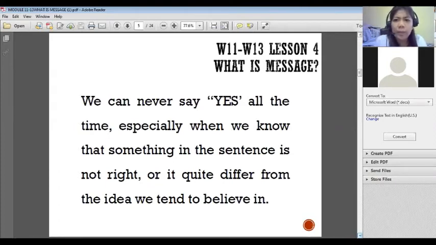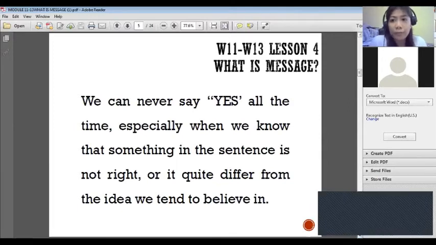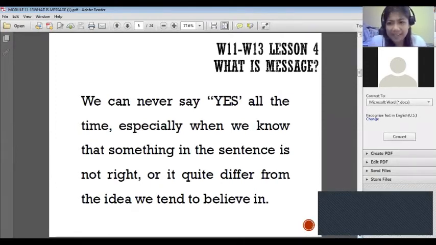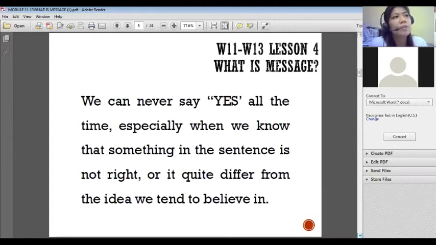Now let us go back. So how could you win the debate tournament? How could you win the argumentation that you are having? In debate, we have what we call logical fallacies. As a debater, you really have to watch out for these fallacies, because if you could identify and determine them, there is a big probability that you could really win the argumentation, or the debate.